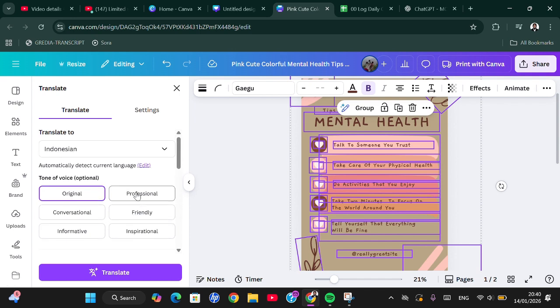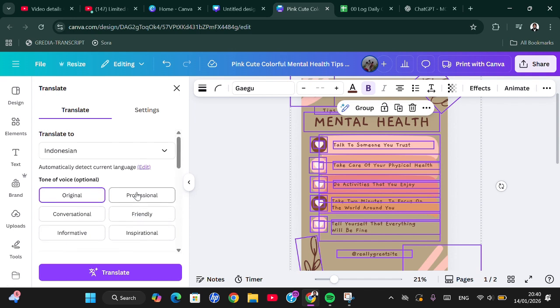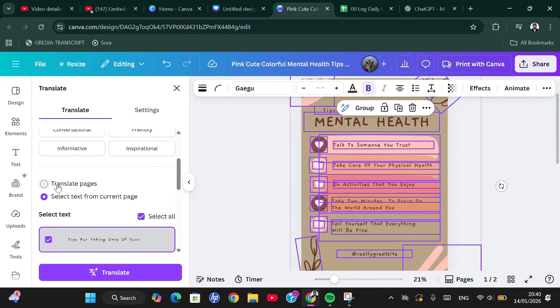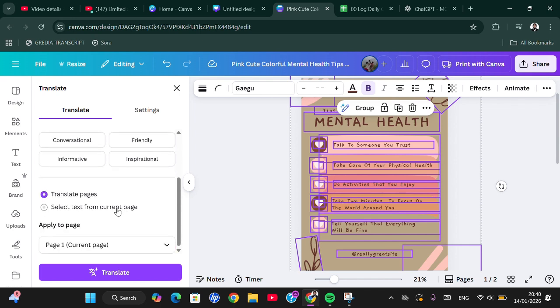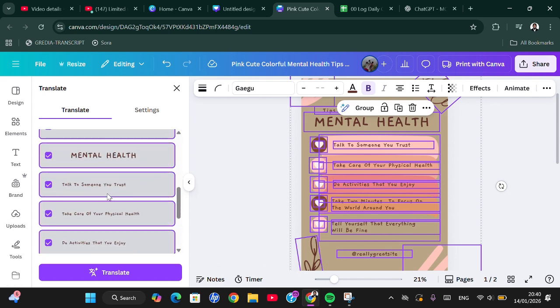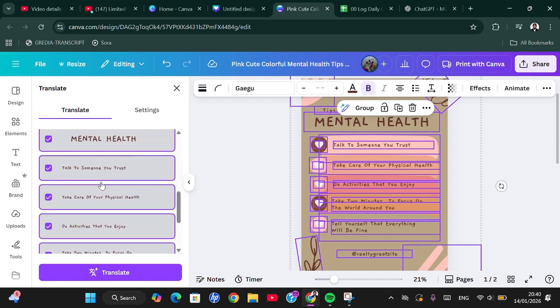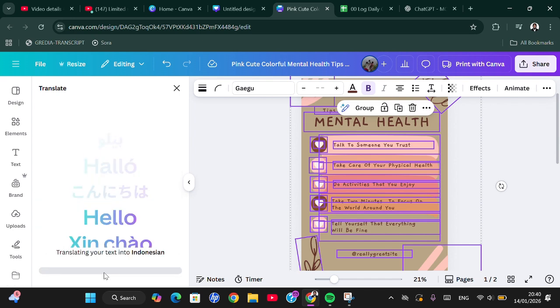Okay. And then we can also add tone of voice just in case if you want to add text to speech, but I'm just going to skip it. And then I'm going to choose translate pages, or you can select text from current page. Okay, let's go. I'll go with this one. And then we just need to click on translate